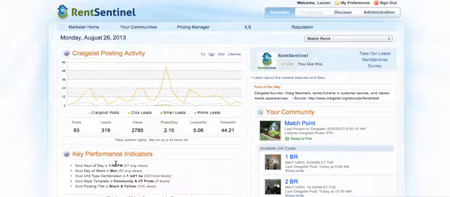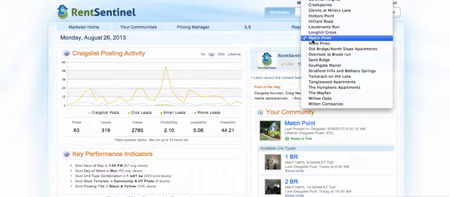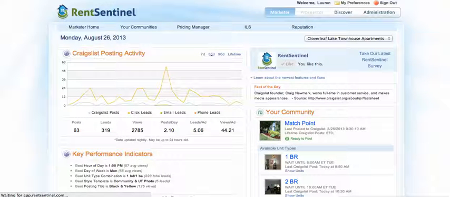We require, again, that you post at least twice per day per unit type, once in the morning before 10 a.m. and once in the evening before you leave, between 4 p.m. and 5 p.m. Many of our sites have also included lunchtime posts, and you can see that this has been very successful for Matchpoint Apartments because most of their leads are coming right after their lunchtime post. If we go back to Cloverleaf Lake,